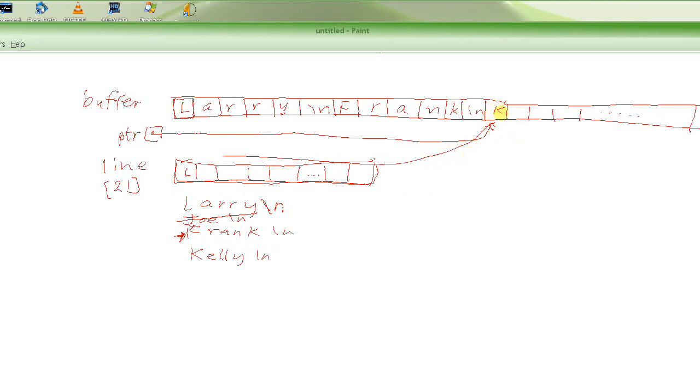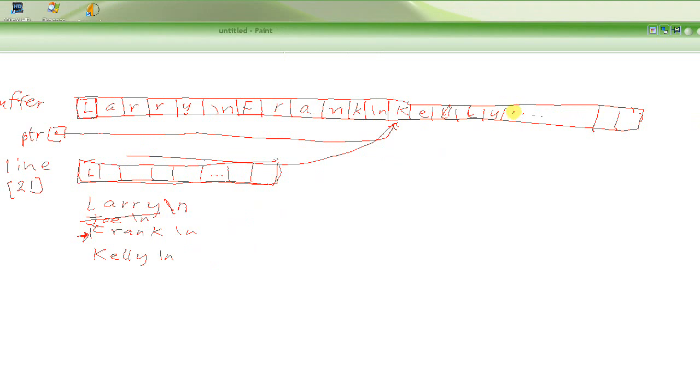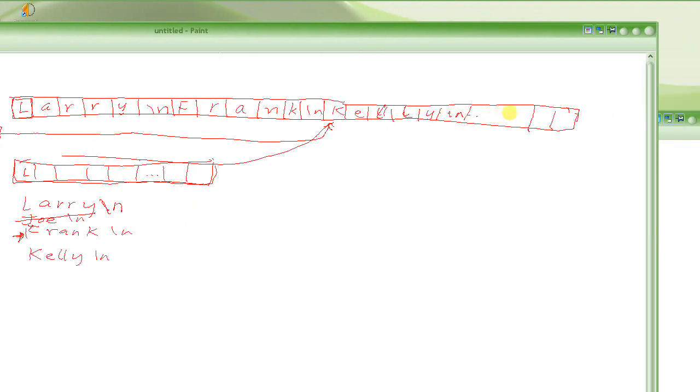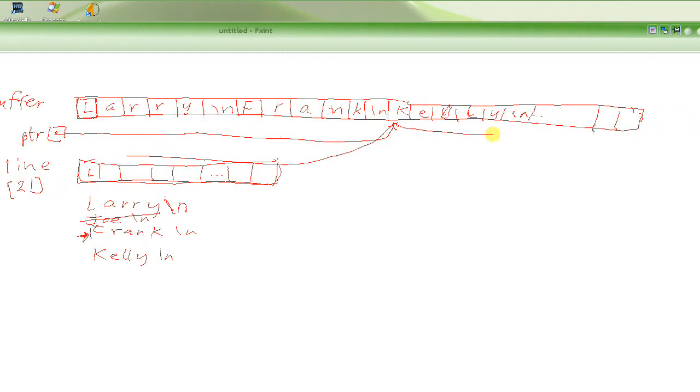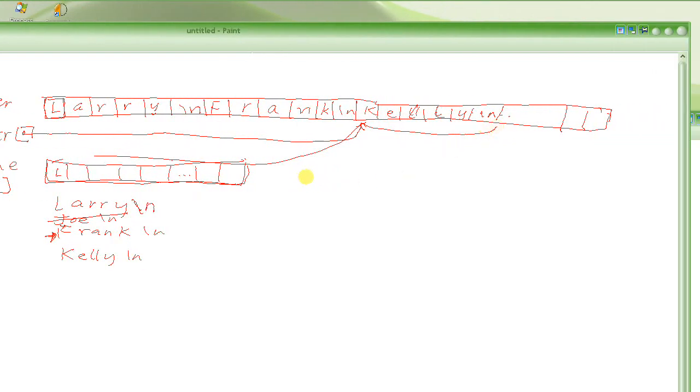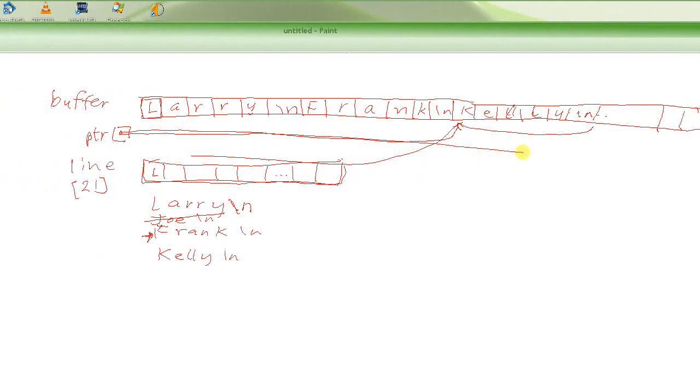So we will write Kelly here, K E L L Y \n. Then we have to move this pointer however many bytes the length of this string is, which is Kelly, 1 2 3 4 5 6. We have to move this 6 bytes further